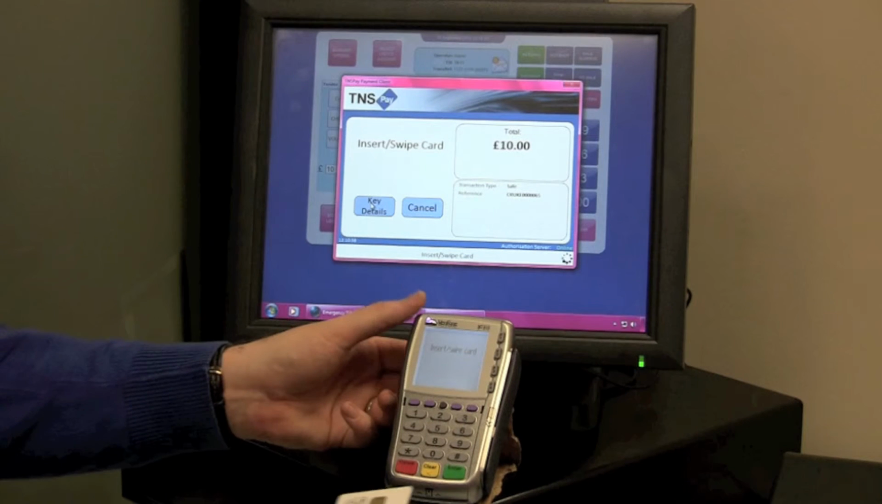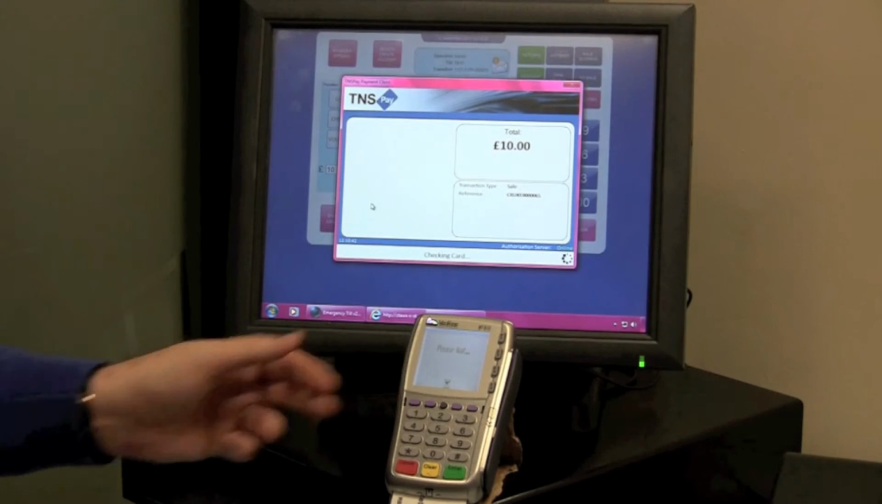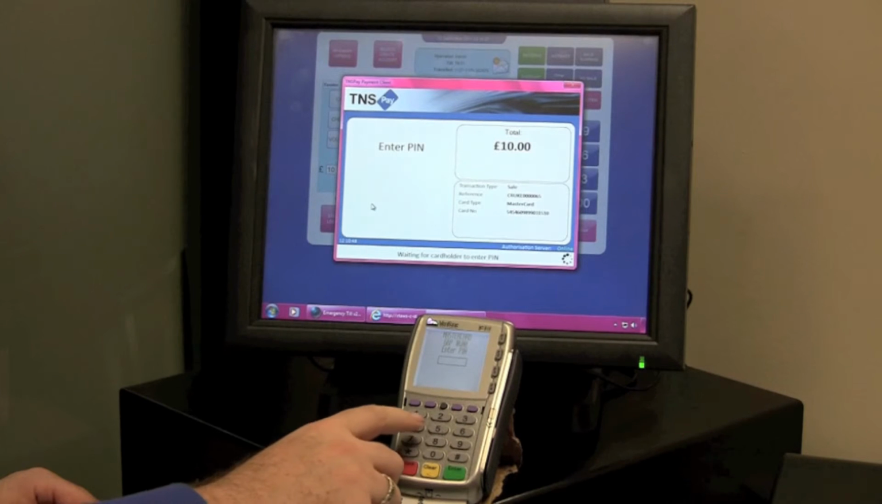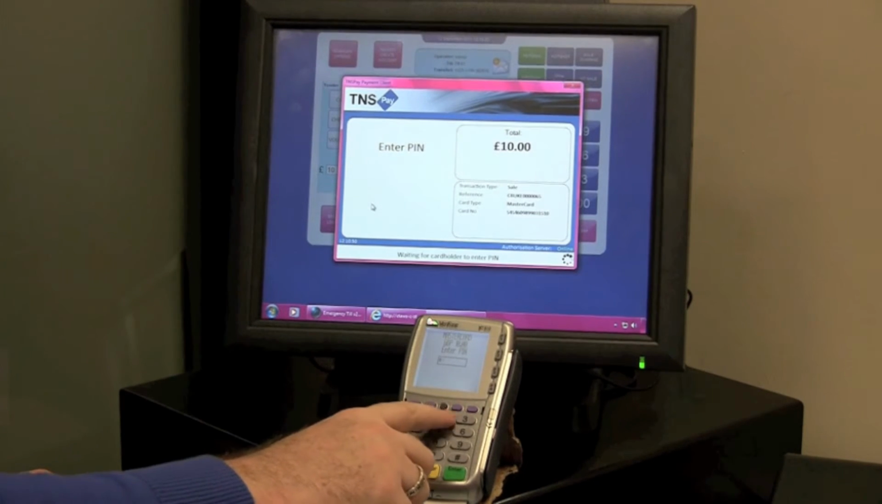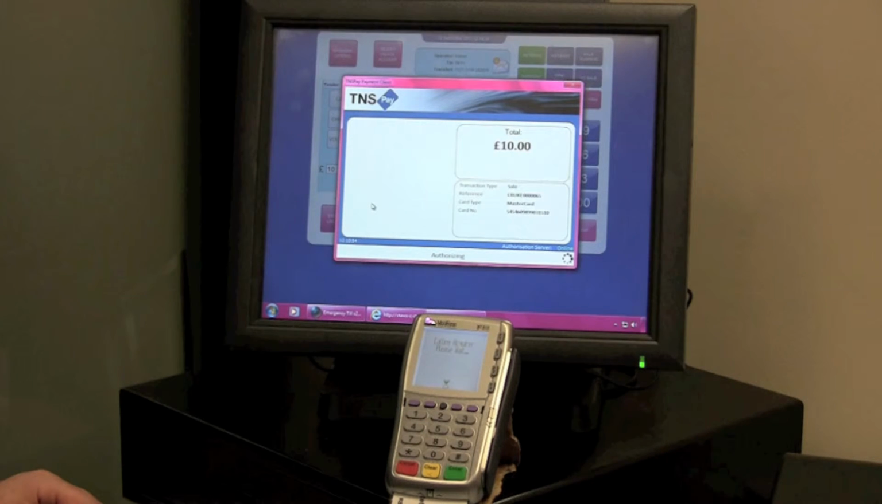This then prompts the customer to insert their card into the chip and pin machine as the insert card screen appears. Once the card is inserted, they are then prompted to enter their PIN. Once their PIN has been entered, the transaction is then authorized,